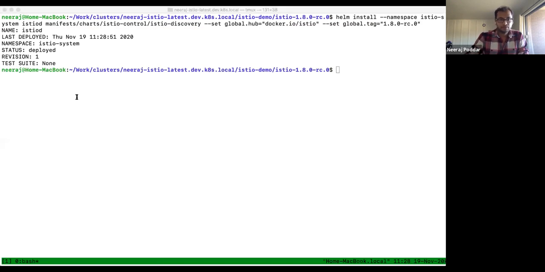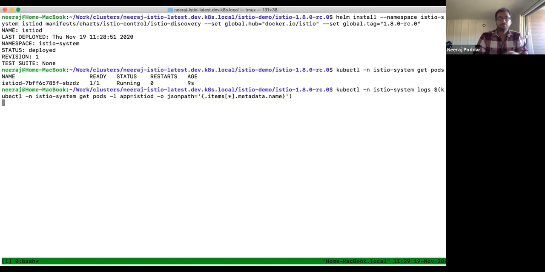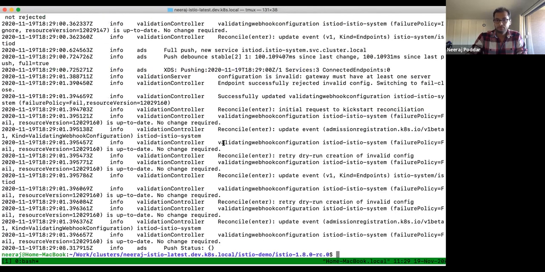All right, with this done, now if I go and visit istio-system, there you go. Now I have an istiod container running, which is good. I can look at the logs to make sure that I don't get any errors. It's always a good thing to do whenever you install. All right, so far so good. It did some reconciliation. It's all happy.